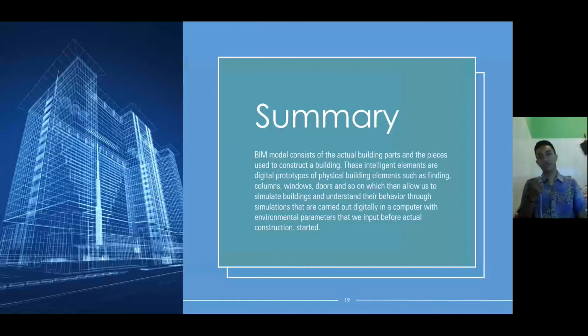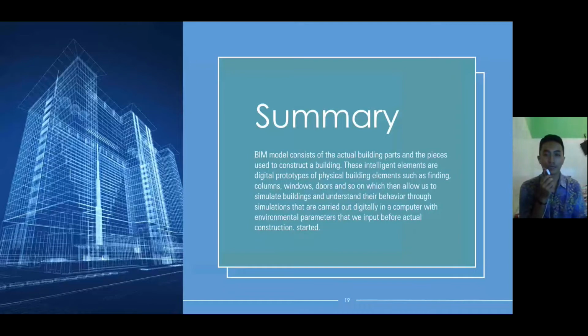Okay, we're going to the last part of this presentation. The last part is the summary of my presentation. The summary is: a BIM model consists of the actual building parts and the pieces used to construct a building.